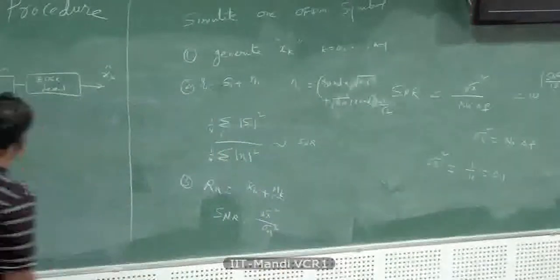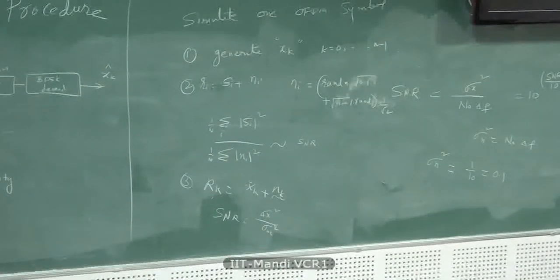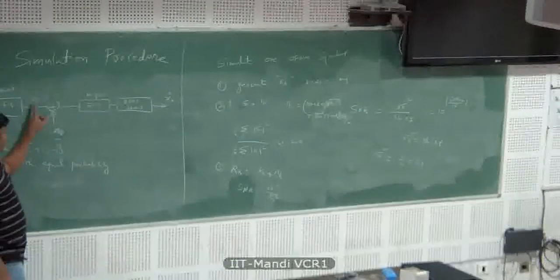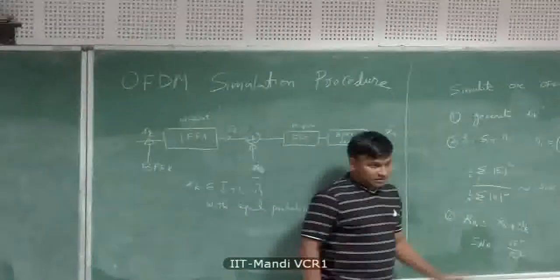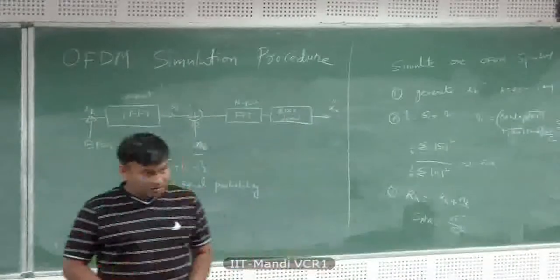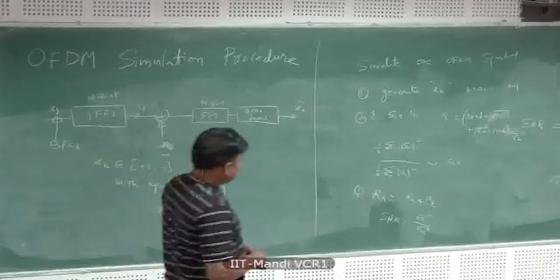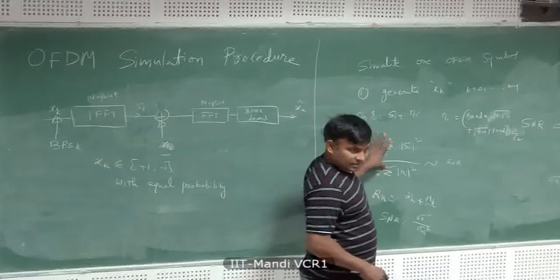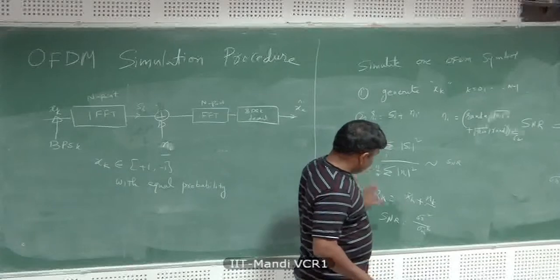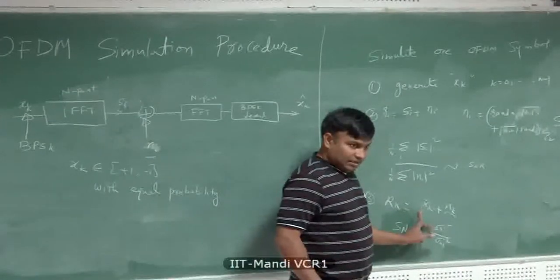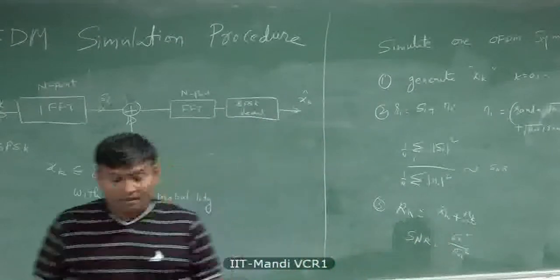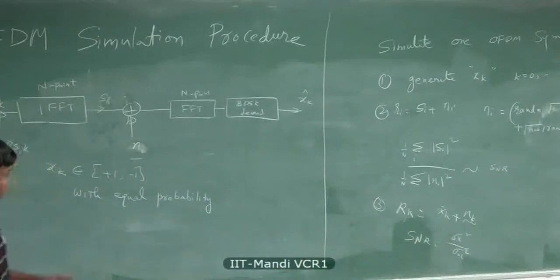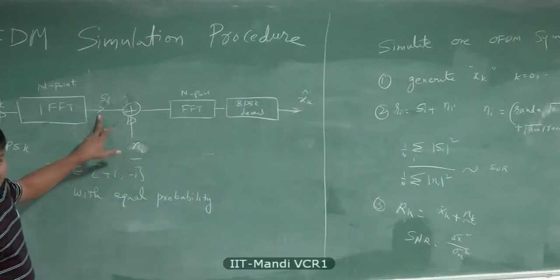So S of I, you made sure it is 1 in time domain. So you scaled it such that the sample S of I has unit power. The total power in S of I square, is it equal to n? I haven't checked that, but I have scaled it before doing IFFT. Oh, you did a scaling. Okay. And then you passed it through FFT, and did you see a scaling here? Once you scale the transmitted signal power to 1, you don't need a scaling.